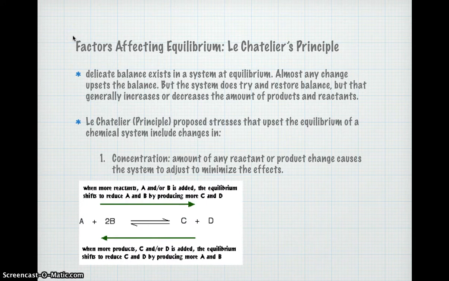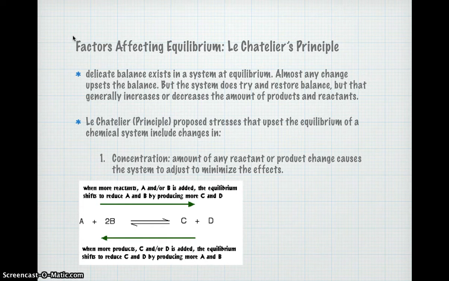When more reactants are added, so let's say letter A and or B is added, the equilibrium shifts to reduce A and B by producing more C and D. So when you manipulate the reactants, more product is produced. Let's say I added more products to the system. When more products, C and or D, is added, the equilibrium shifts to reduce C and D by producing more